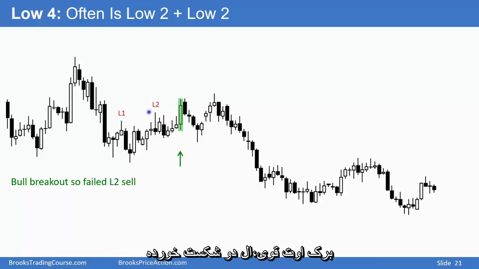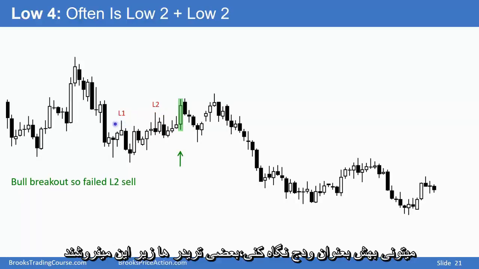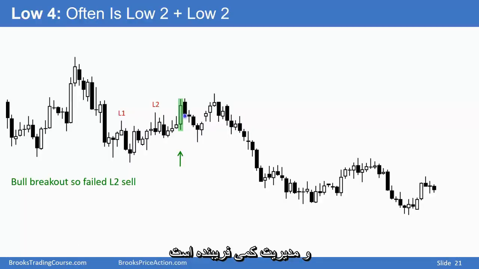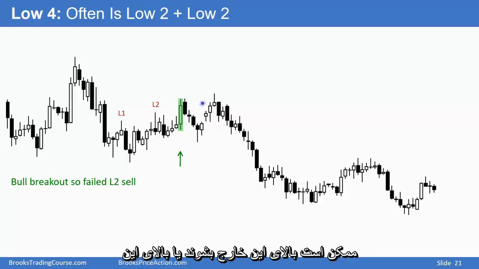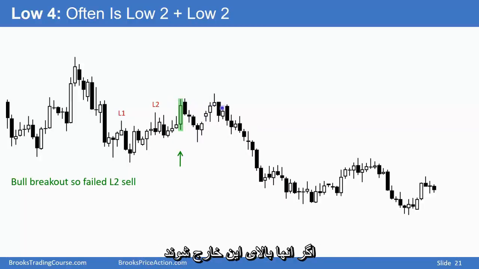Strong breakout, so failed low 2. But now you can look at it as a wedge, 1, 2, 3. Some traders will sell below here. And management is a little bit tricky. They might get out above this. They might get out above here. If you do get out above there, you got to be looking to sell again because of the possibility of